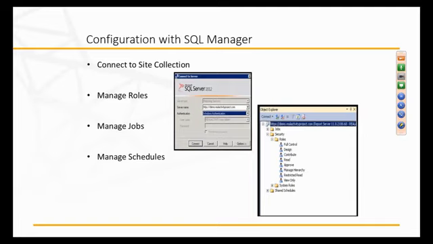What's interesting is once you install Reporting Services and you open up Enterprise Manager or SQL Manager, you no longer connect to the local server to look at the settings for Reporting Services. It may be difficult to see on my screen here, but under server name, I actually have the URL of a site collection. And when I click Connect, what happens in the Object Explorer is it opens up this view where I can see jobs, security, roles, and look at the roles. What's happening is you're actually viewing the SharePoint groups in this particular site collection that has the Reporting Services features